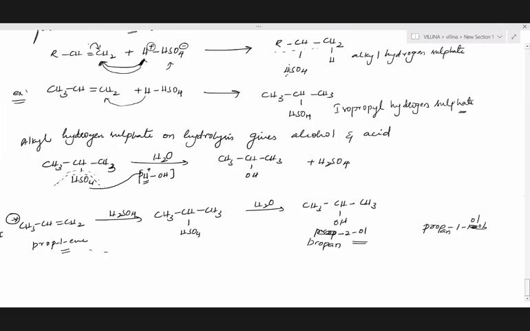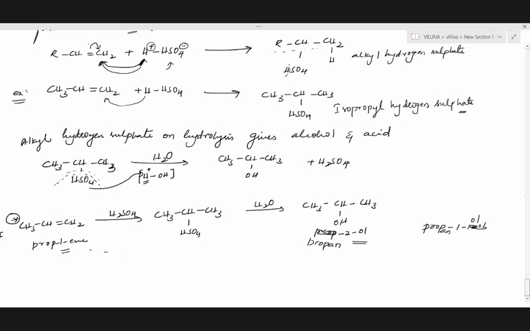And the addition reaction follows Markovnikov's rule. So if you take any alkene, RCH double bond CH2, something like this, and we are treating it in presence of sulfuric acid,